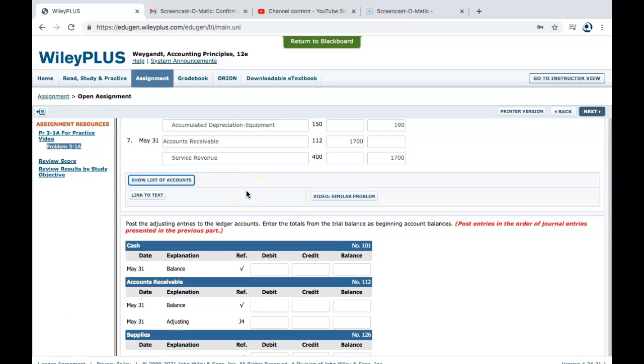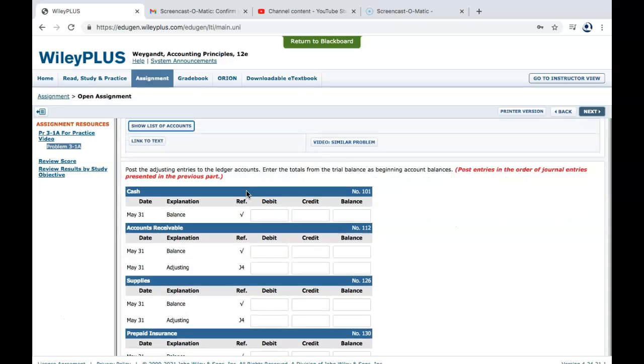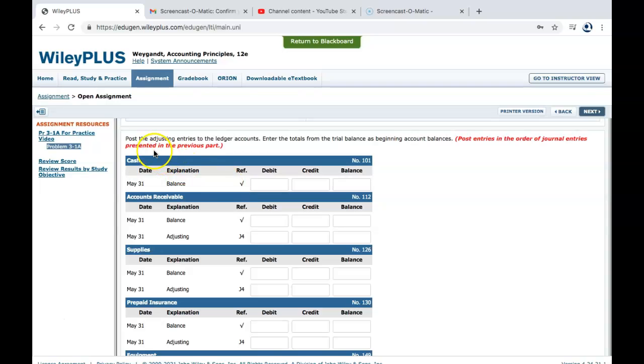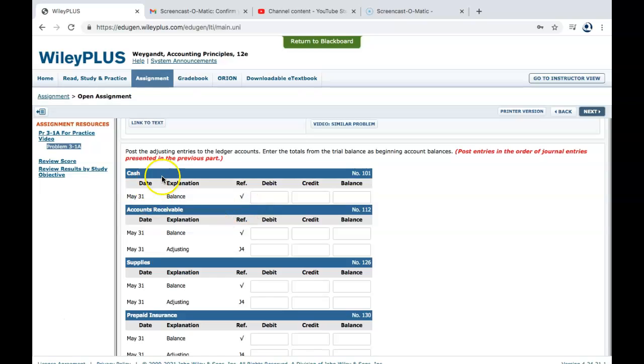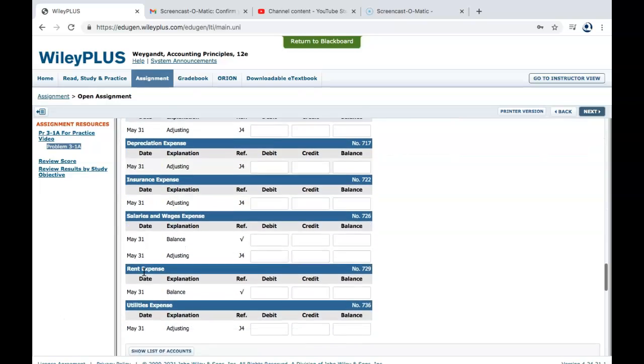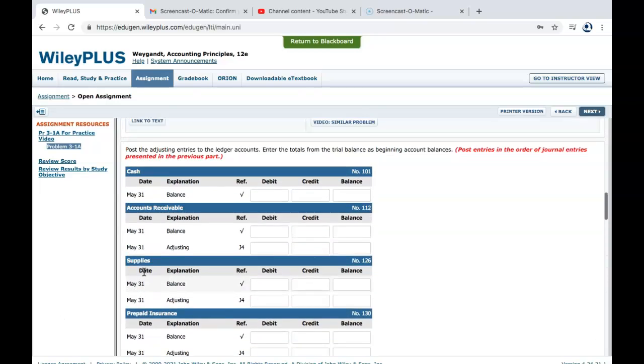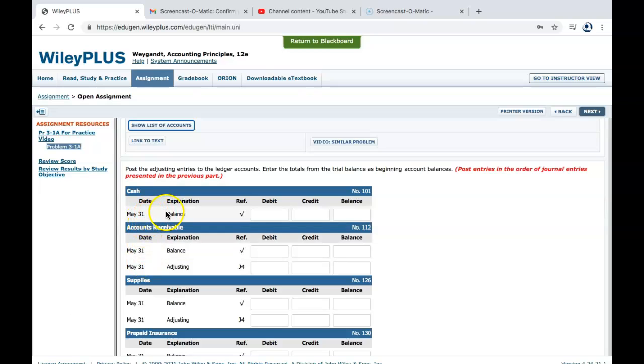Okay, so now we're going to look at the posting portion of the assignment. So we're going to post the above adjusting entries to the ledger accounts. And as you can see here, there's the account names, cash, accounts receivable, supplies, all the way down to utilities expense. And let's also take a quick look at this. We have the explanation here. We do have a date, but we have the explanation here